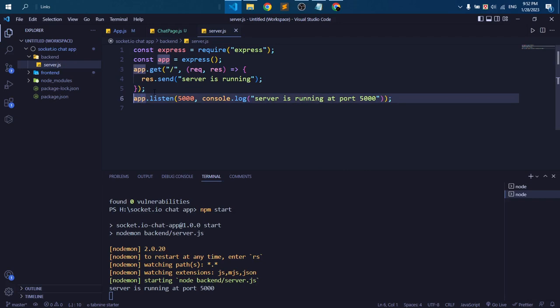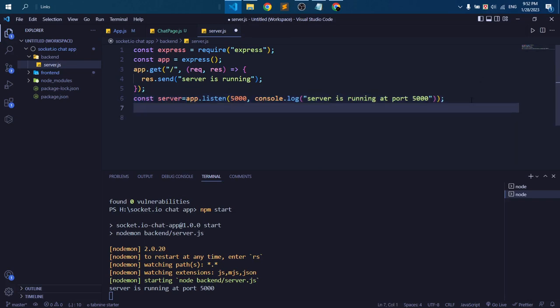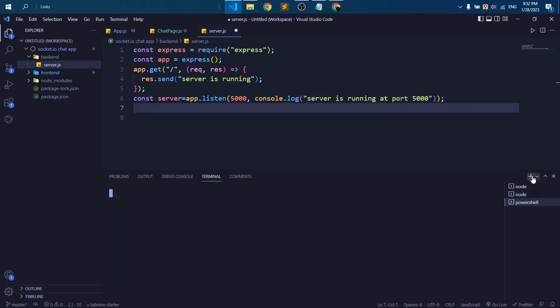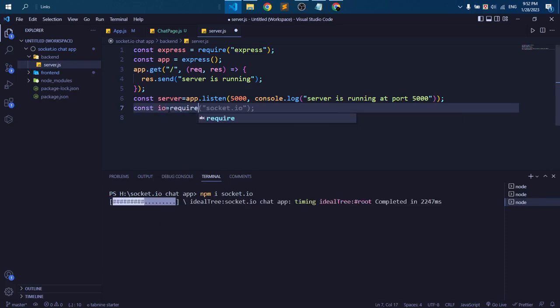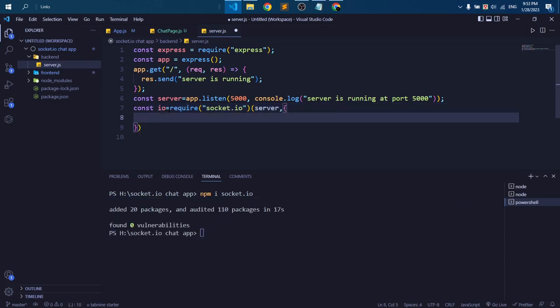So at first we initialize it in a variable called server, and we need to install a package that is socket.io. So I'm opening a terminal and giving this command, npm i socket.io, and I take it in an io variable